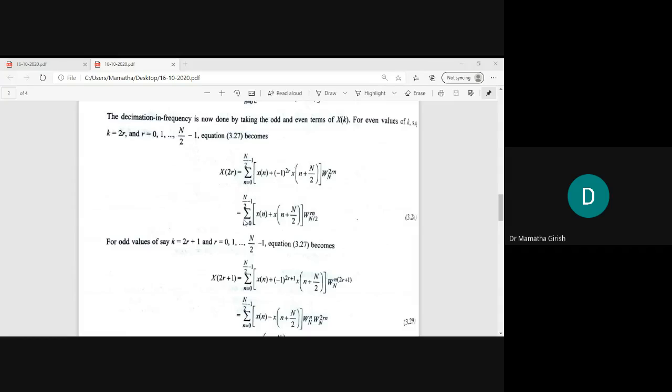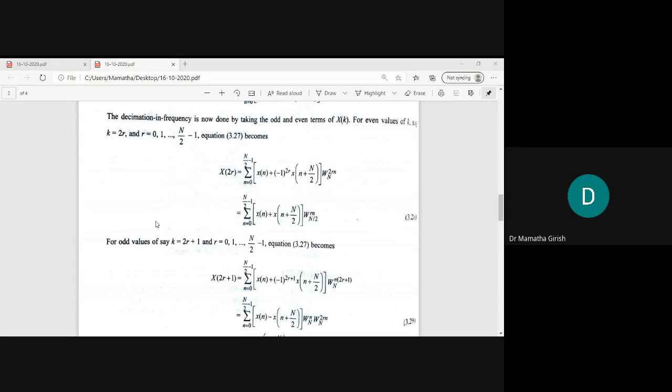And as I told earlier, any number in the exponential can be brought down to the denominator of N. Because as I said earlier in a few classes, the denominator of a denominator can be pushed to the numerator. Hence, this numerator 2 becomes the denominator of capital N. Hence, this is how the term looks. This is the resulting equation for the even indexed samples of X of k by assuming k as what value?